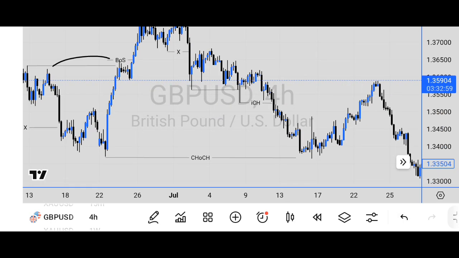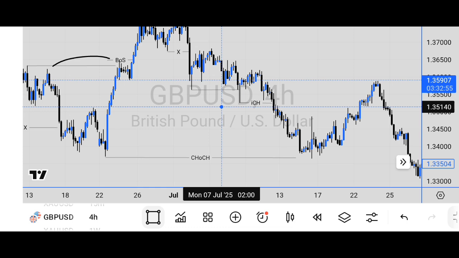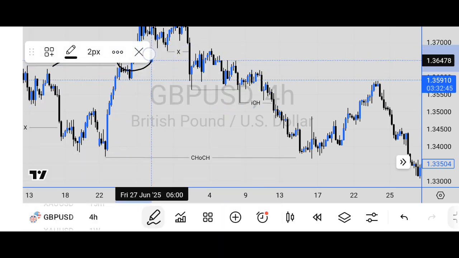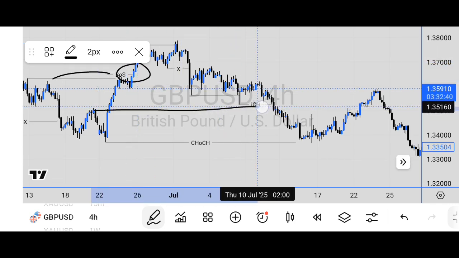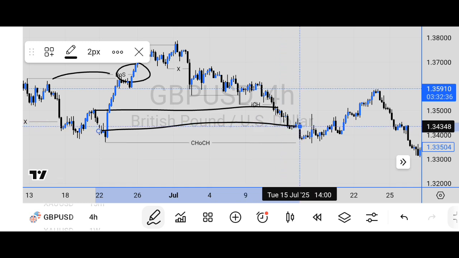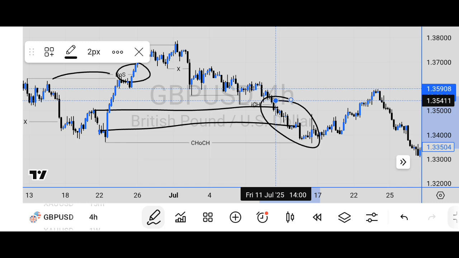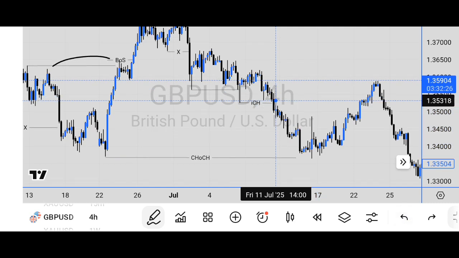So now, ordinarily if we are to mark out the POI for this break of structure, we will be looking at this area as our order flow, then this as our order block, which you can clearly see that the market did not react to. So when the market broke out,